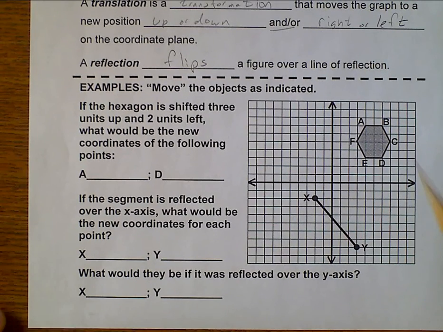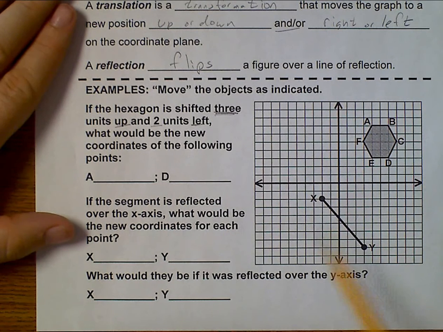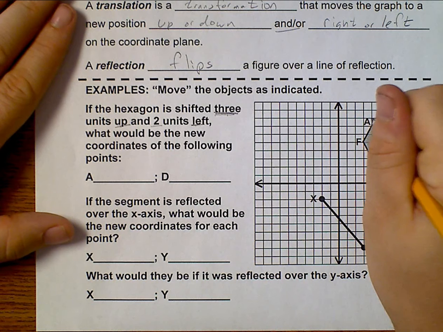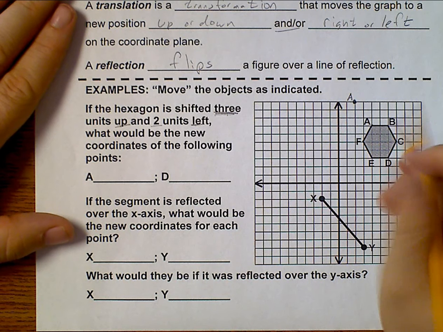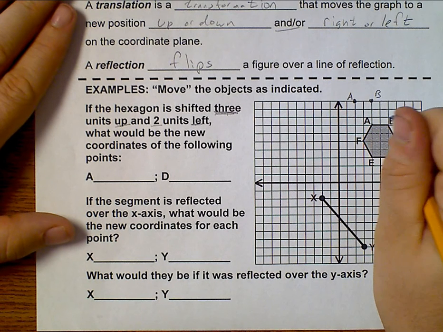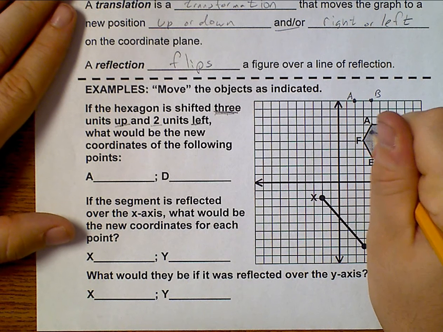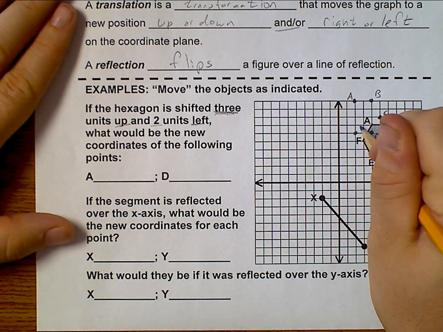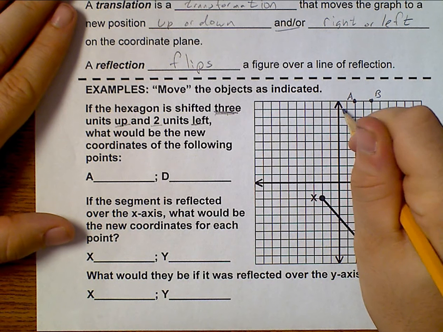Here we've got a hexagon, and we want to shift it 3 units up and 2 units left. So I'm going to take every point and go 3 up and then 2 left. So from A, 1, 2, 3, 1, 2. That's our new A. B, 1, 2, 3, 1, 2. C, 1, 2, 3, 1, 2. D, 1, 2, 3, 1, 2. E, 1, 2, 3, 1, 2. F,